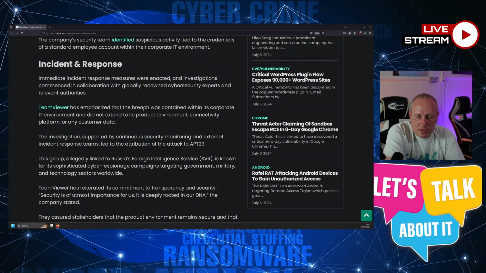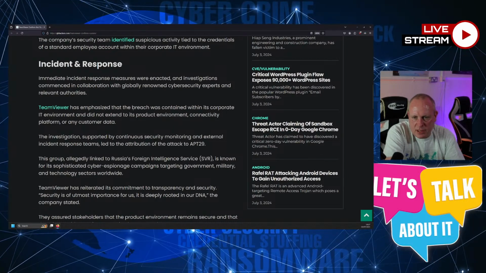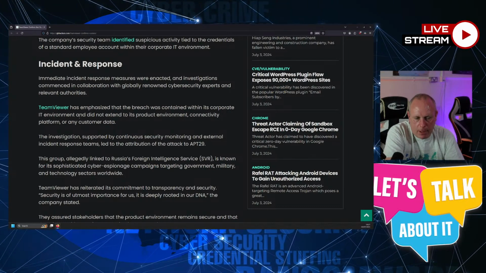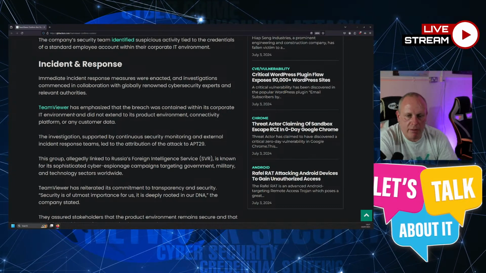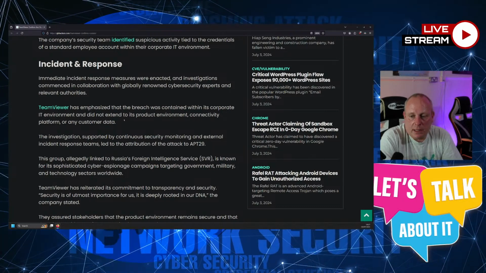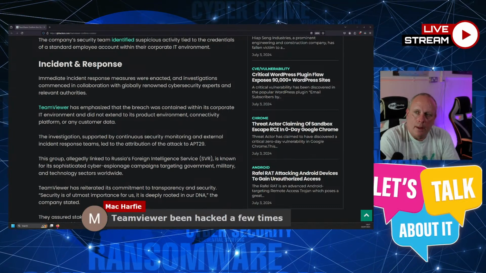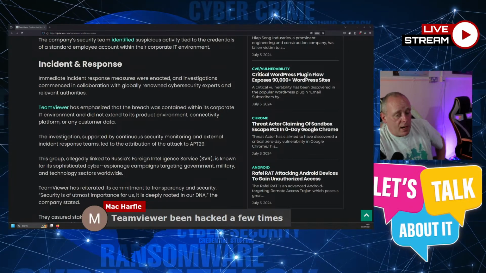TeamViewer has emphasised that the breach was contained within its corporate IT environment. That's not scary at all, is it? And did not extend to its product environment or platform or any customer data. Max saying TeamViewer has been hacked a few times. They have.